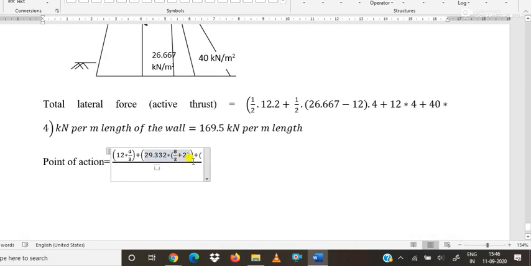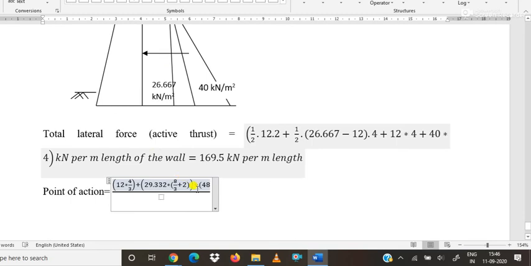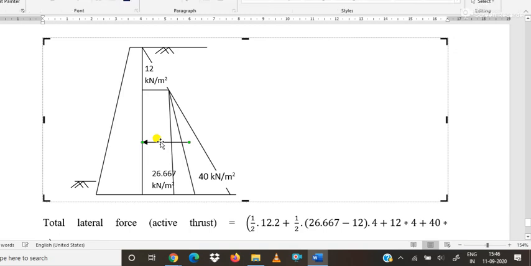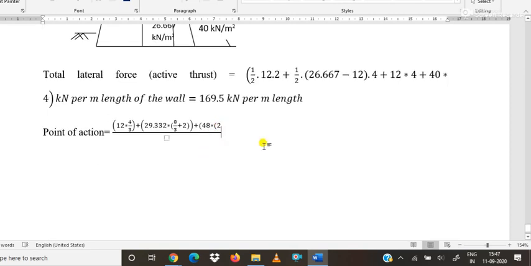Now coming to the rectangle part, the area is 48, 12 multiplied by 4, and the CG distance from the top of the wall equals 2 plus 2, since the CG of the rectangle is at the midpoint of the figure, plus 2, the depth of the first layer, that is 2 plus 2 plus